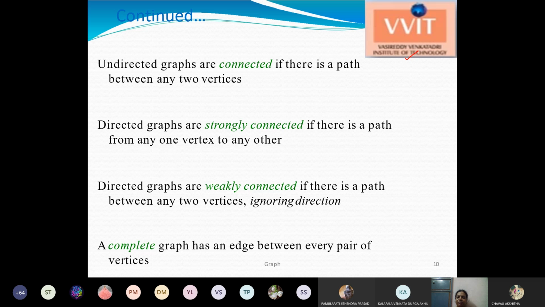Say, for example, you have two vertices A and B, and you have a direction from A to B, but there is no direction from B to A. That is, you can move from A to B, but you are not able to move from B to somewhere else. Then that is called a weakly connected graph. And a complete graph has an edge between every pair of vertices. There must be a connection between every pair of vertices.